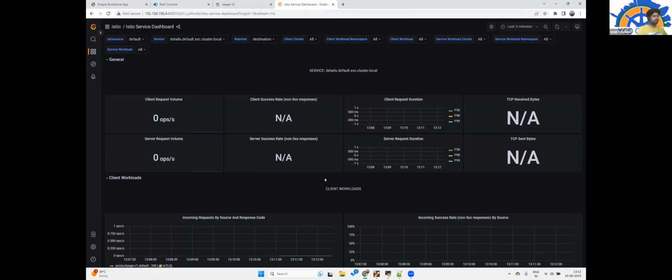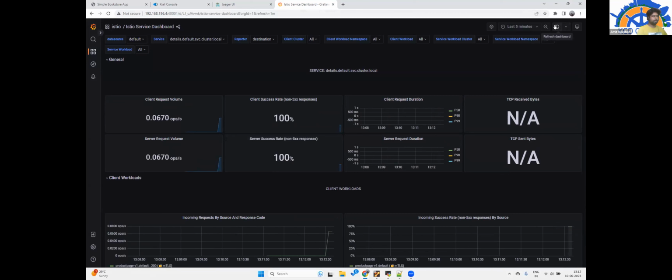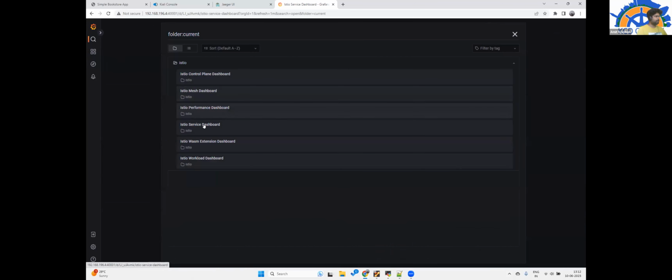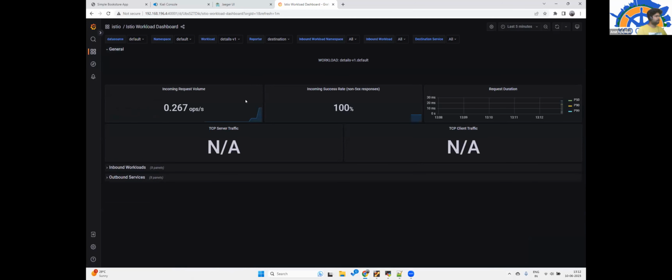Now I should have some information populated. Yeah, you see some information is coming over here. So these are the service dashboards. You can have workload dashboards also.